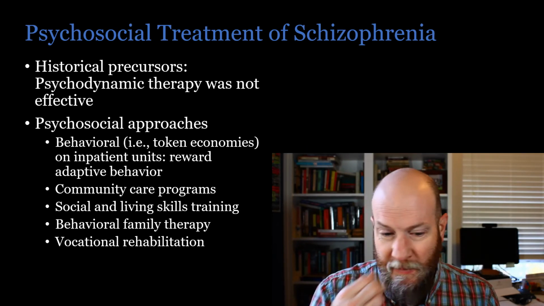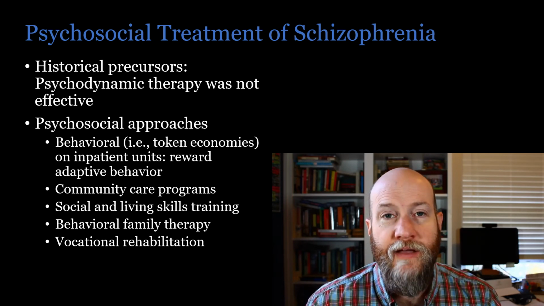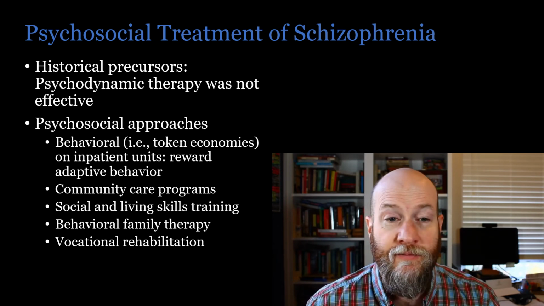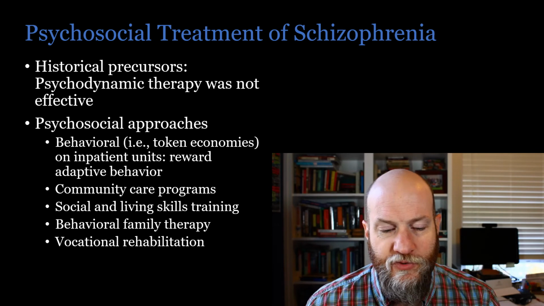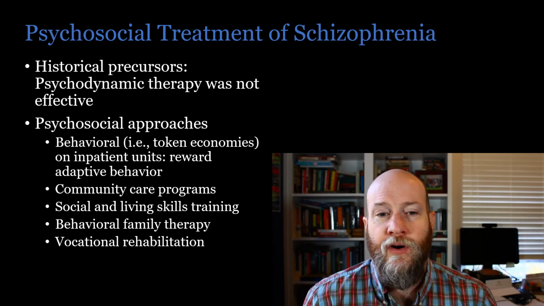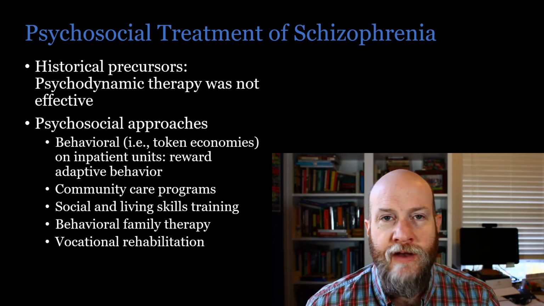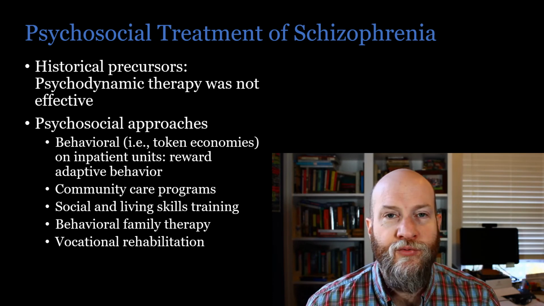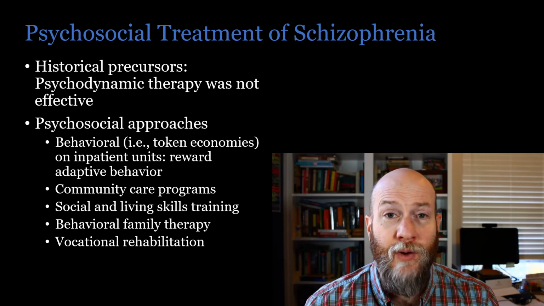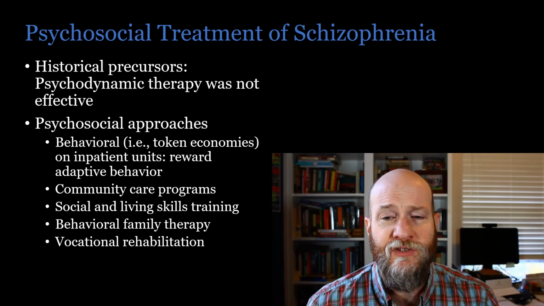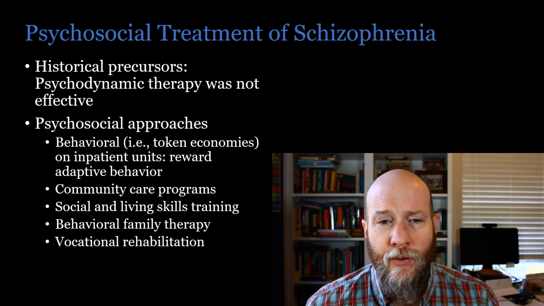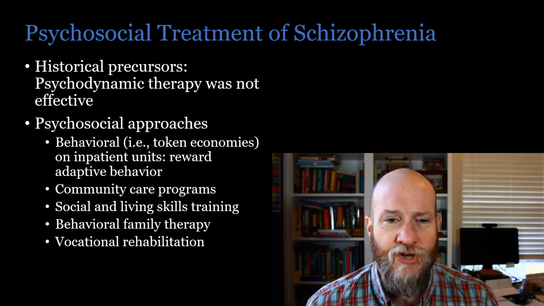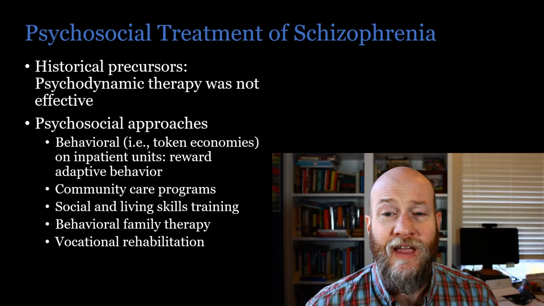Psychodynamic therapy, the early days of psychology, was not found to be very effective at all with schizophrenia. Traditional therapy, as far as a talking cure or the idea of working through, in traditional cognitive behavioral therapy, we look at irrational belief systems and irrational assumptions about the world and yourself. Those types of therapies are generally not terribly effective for schizophrenia, but there are what are called some psychosocial approaches